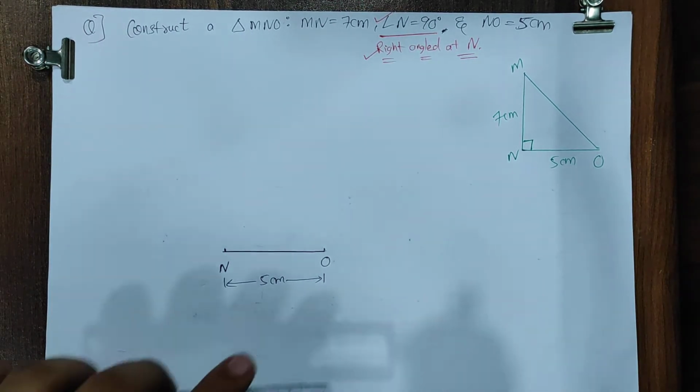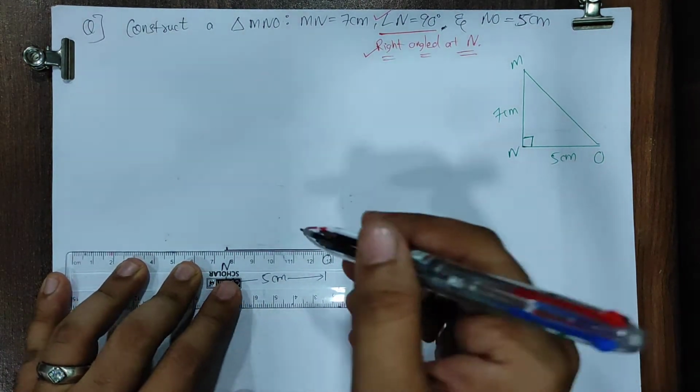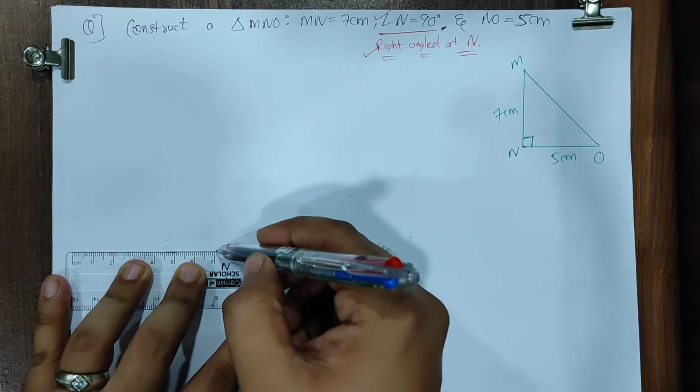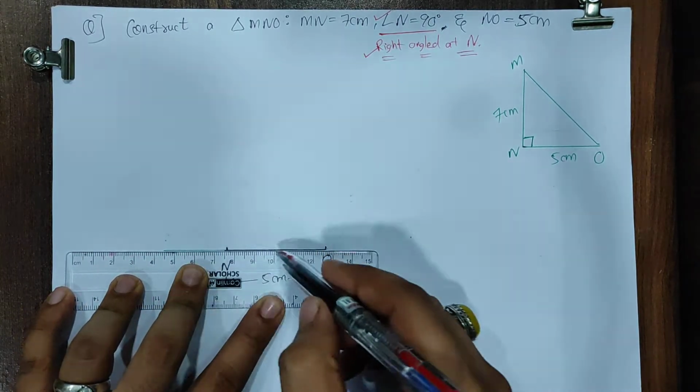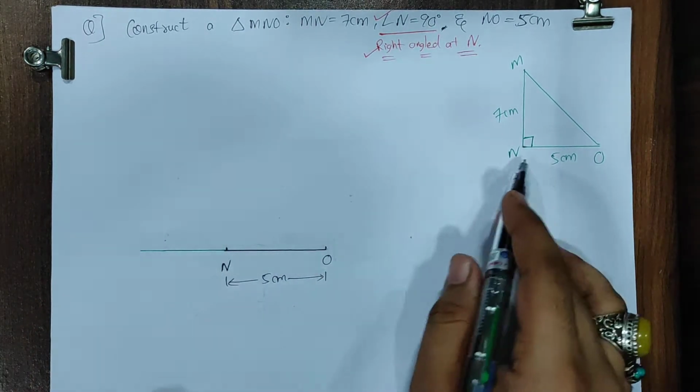So what I will do, I will extend this line. I told you on the ruled line only you have to draw this NO, and with the light pencil, now it is slightly light, just it should be visible, but there should be a difference. This is dark line, NO. The light line, you can extend this.